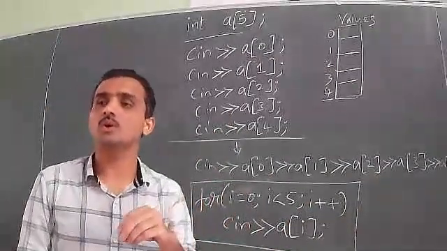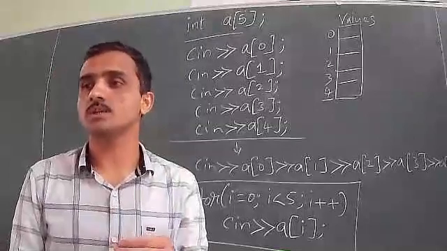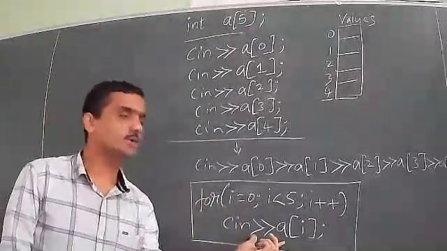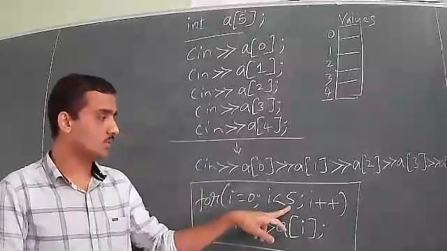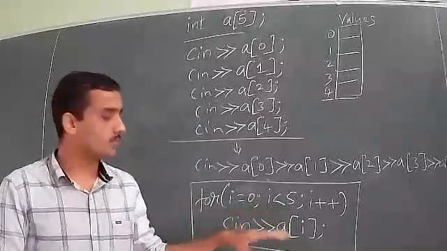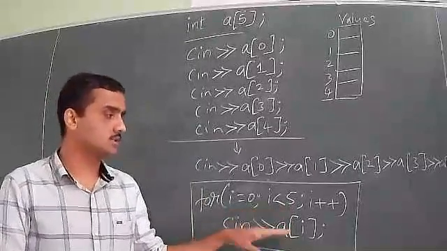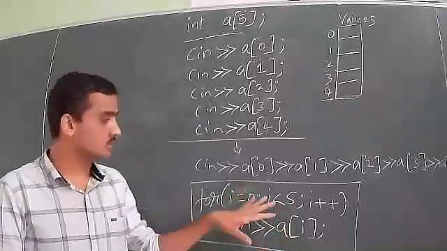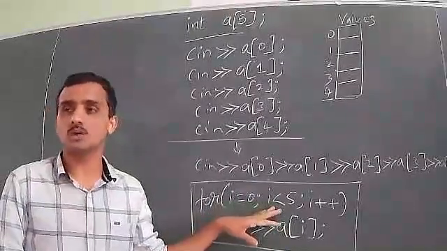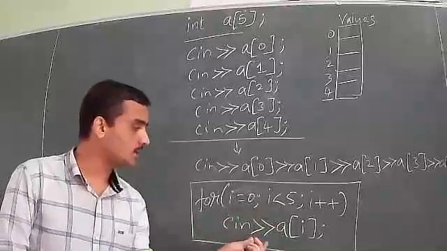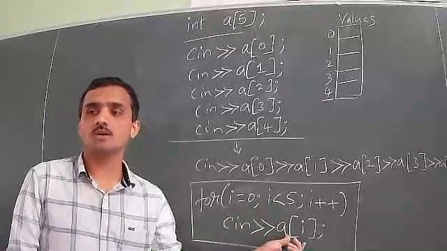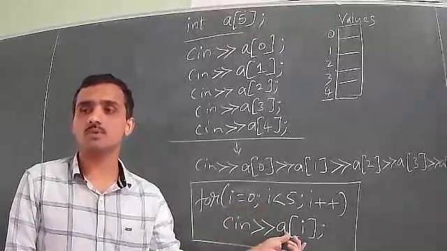When we want to repeat the execution of statements many times, then we use the looping statement. So this statement will be repeated many times. See here I have given 5, it repeats 5 times. If I give 100, it repeats 100 times. How many values you want to input for the array? So many times it will be repeated. So this code is to read or input the values for a one-dimensional array. And if you write cout statement with the insertion operator, it becomes code to display the values of a one-dimensional array.